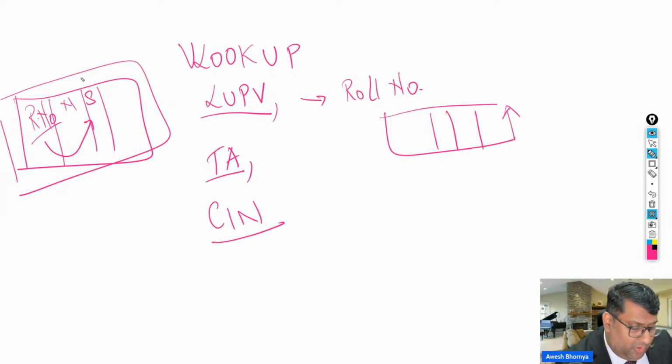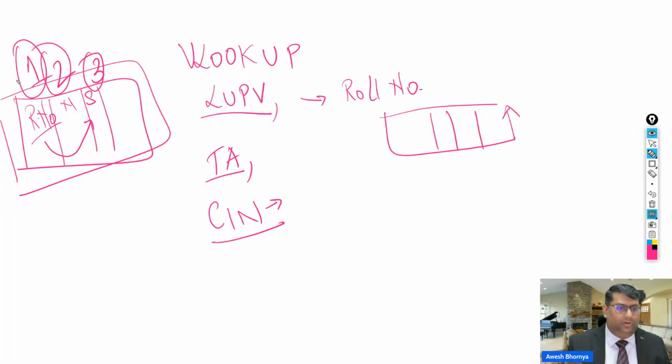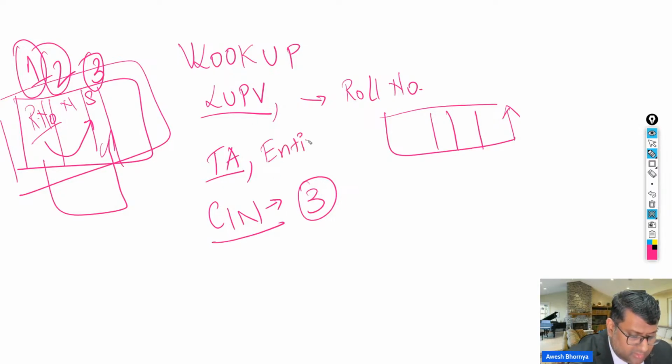When I say I want it from the specialization column, I cannot write the keyword specialization there. I have to write a number. Now this is 1, this is 2, and this is 3. So using the roll number, which is in the leftmost column, I have to find out the specialization. That is my column index number, which will be 3. And for the table array, I will be selecting the entire student table.